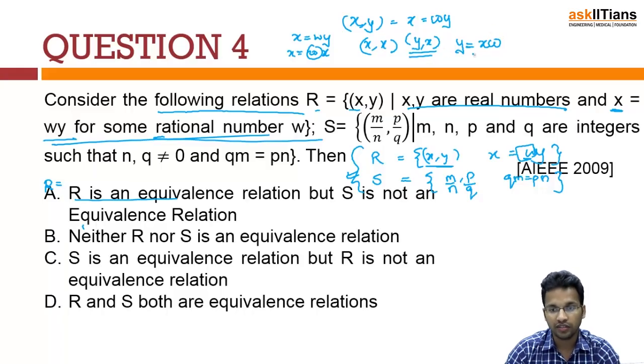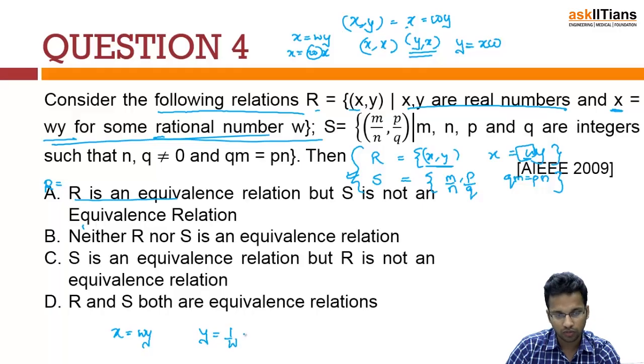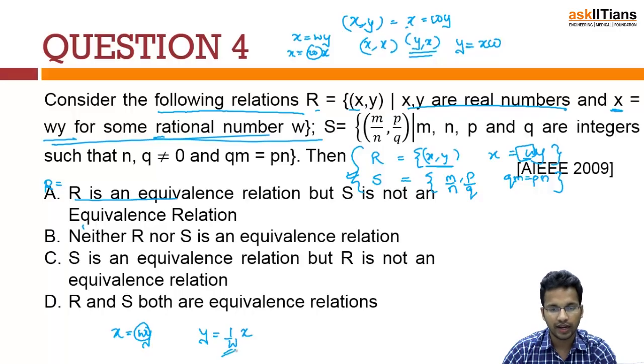Like, is it true that this will also be some rational number? Obviously you can see that from the first one, x is equal to wy, so what we need basically is y as 1 by w times x. So clearly if this is a rational number, obviously you will have a rational number for this, but is it